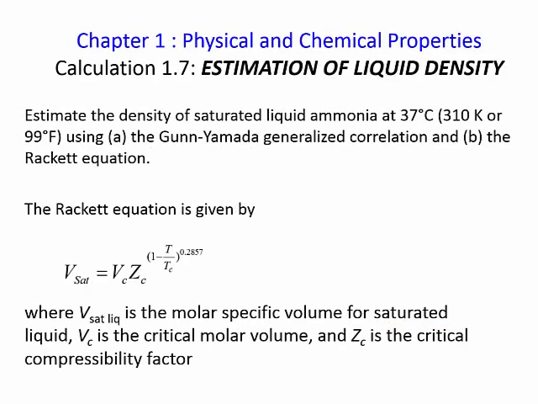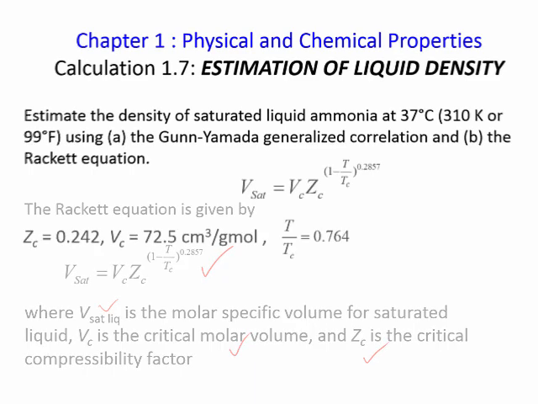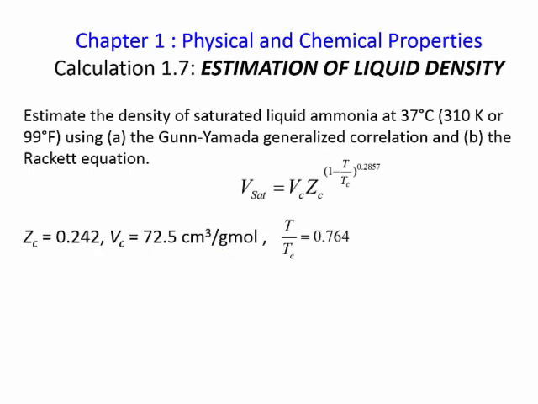The Rackett equation is given by this equation where Vsat is the molar specific volume for saturated liquid, Vc is the critical molar volume, and Zc is the critical compressibility factor. If we assume a Zc of 0.242, a Vc of 72.5 cm³/gmol, and also we calculated the ratio T over Tc earlier as 0.764, we can calculate Vsat as